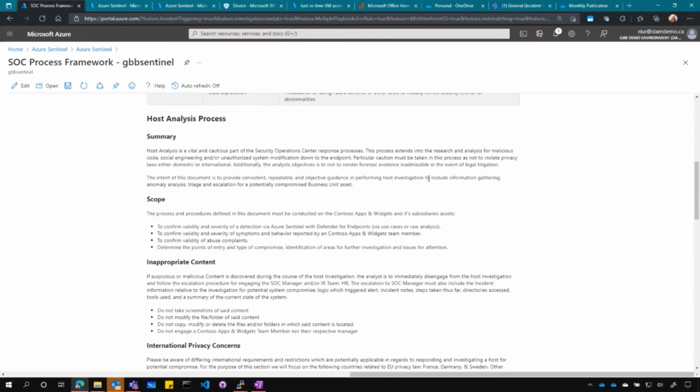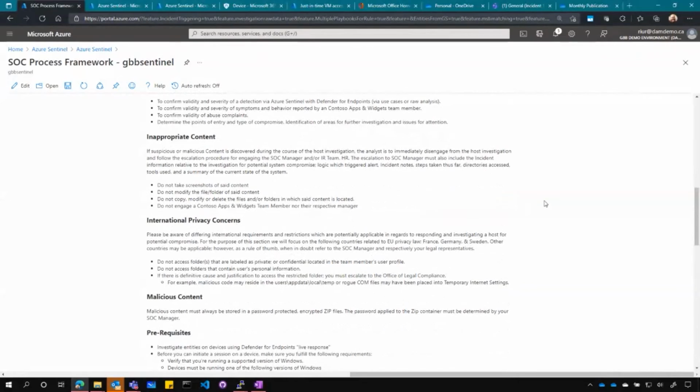Maybe it's too noisy. Maybe there's some things that need to be scaled back. Maybe there's some custom rules that were put into place. And just being able to understand what that might look like from all of that. Then it's looking at the inappropriate content. This again goes back to our message, do no harm. And so we're taking into consideration